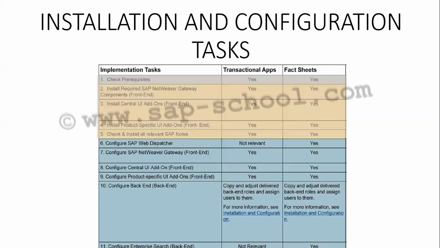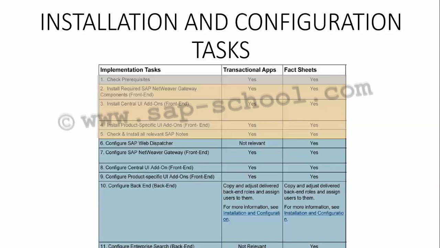Then we have to configure our central UI add-ons. Again it is applicable for the transactional apps as well as the fact sheets. Then we have to configure the product specific UI add-ons, which is again applicable for transactional apps and fact sheets. Then we have to configure the backend. So for the transactional apps I can copy and adjust the delivered backend roles and assign users to them.